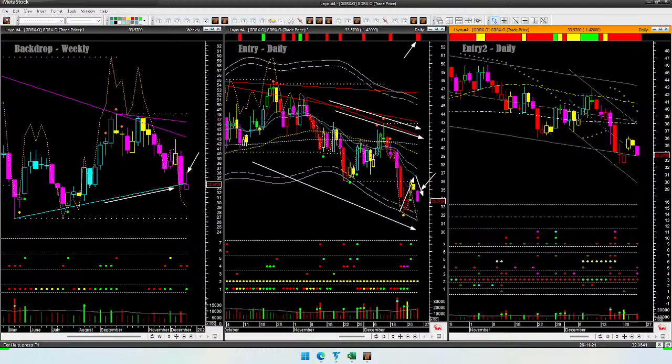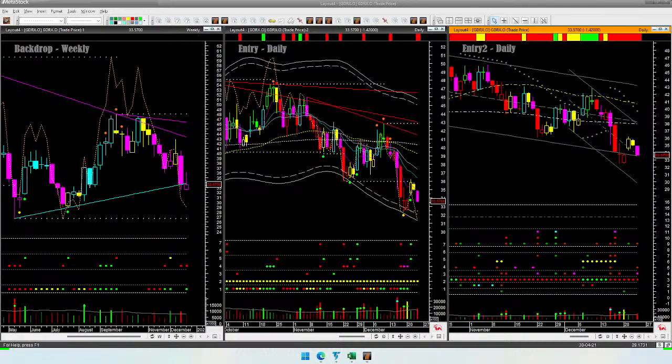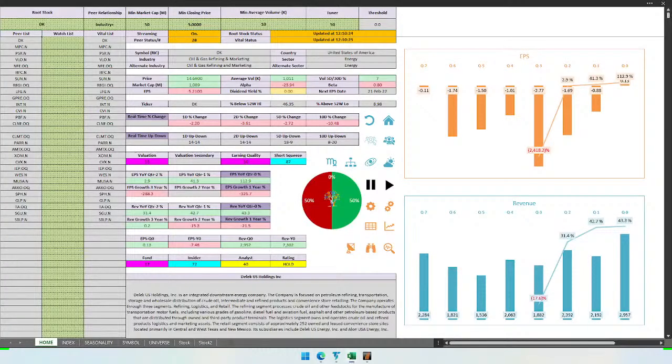This is Gdrx. Now let's go back to the last stock's fundamentals, that is DK. This is overvalued stock. Overvalued stock has earnings growth for DK. This is also oil and gas refining and marketing, energy sector. However, this I am more willing to short. The last stock we analyzed, fundamentals were not allowing me to short.